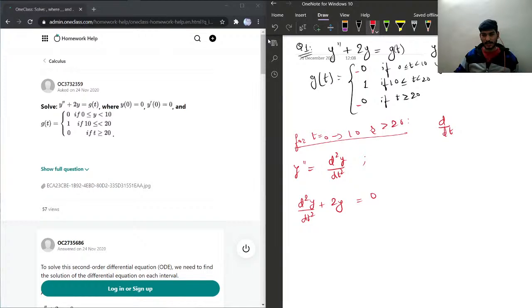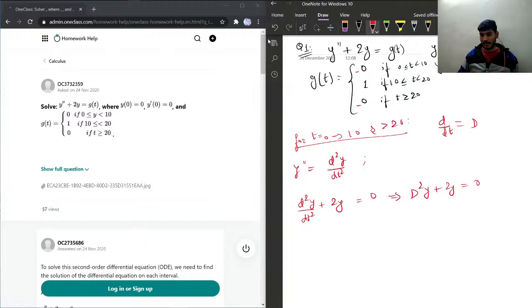And now in the ordinary differential equation we have the liberty of converting this d over dt into capital D. So we are just substituting this d over dt, the differential operator, as capital D. If I substitute this, then I will get D square y plus 2y equal to 0,